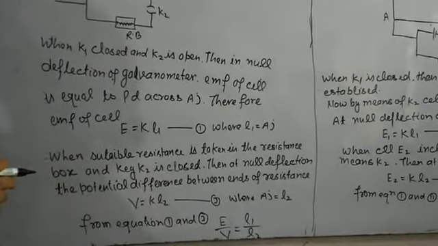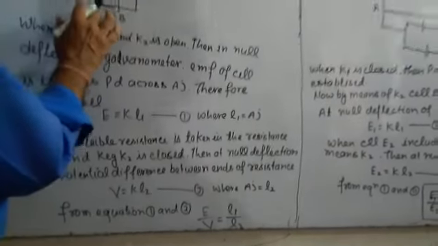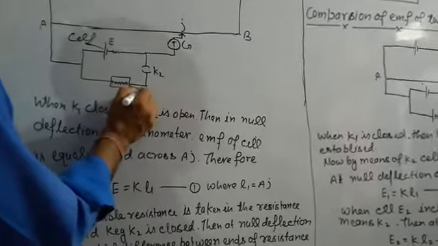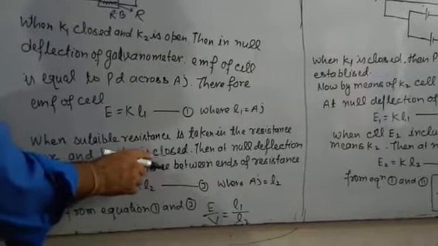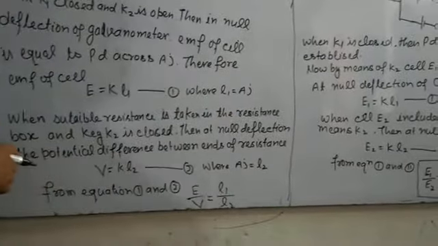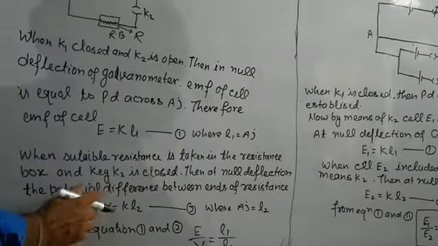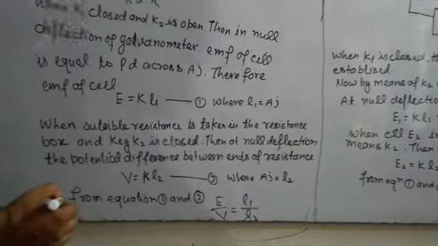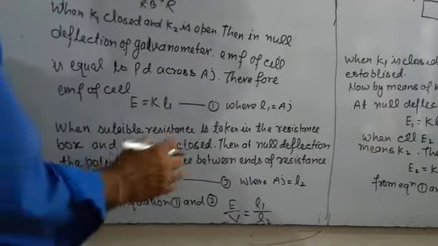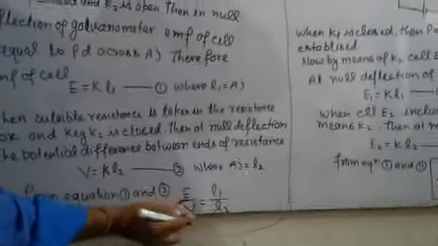And when a suitable resistance R is taken from the resistance box and K2 is closed, then at null deflection, the potential difference between the ends of the resistor is equal to K L2, where K is the potential gradient and L2 is equal to AJ. From equations 1 and 2, the ratio of E and V, we get